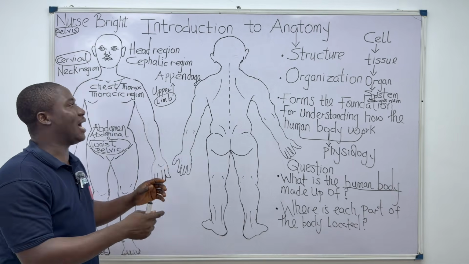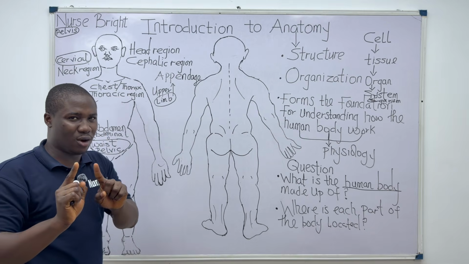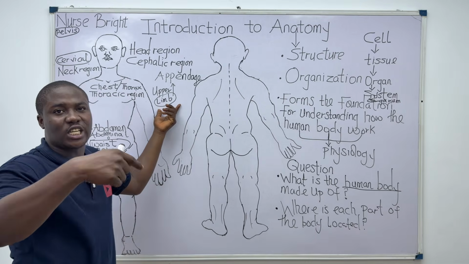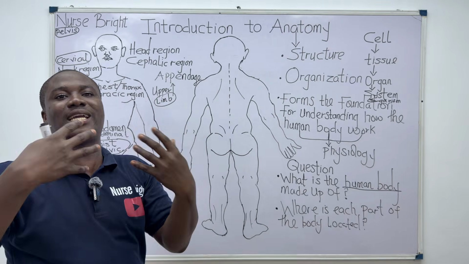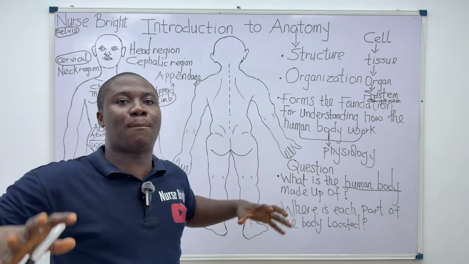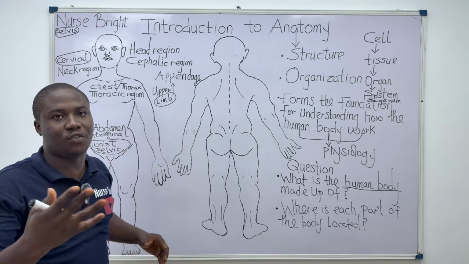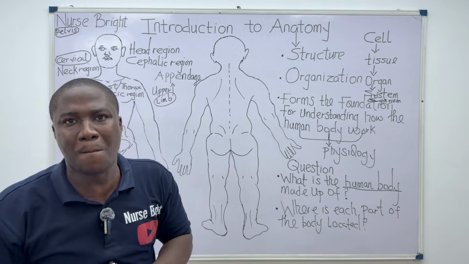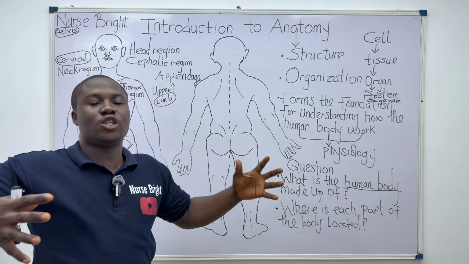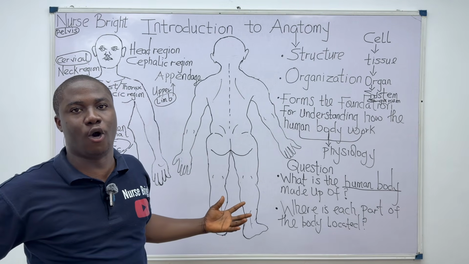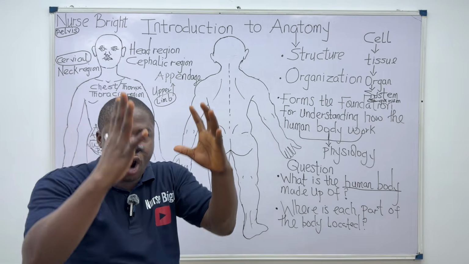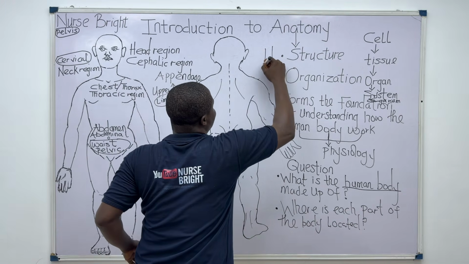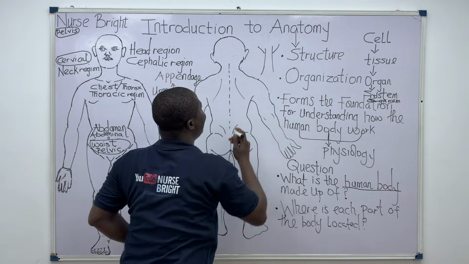So I'm saying right now that I'm talking about the limbs. Before I stress on upper limb and the rest, I want to tell you what a limb is, which is what I just explained. It is an appendage or an extremity that projects from the trunk of the body. Now, trunk is the central part of the human body from which structures arise. Like, for instance, the trunk of a tree. Do you understand? This is a tree to which other things come from. That's what we're talking about.